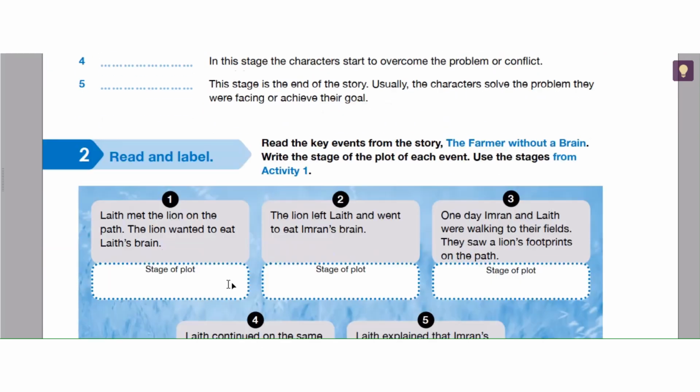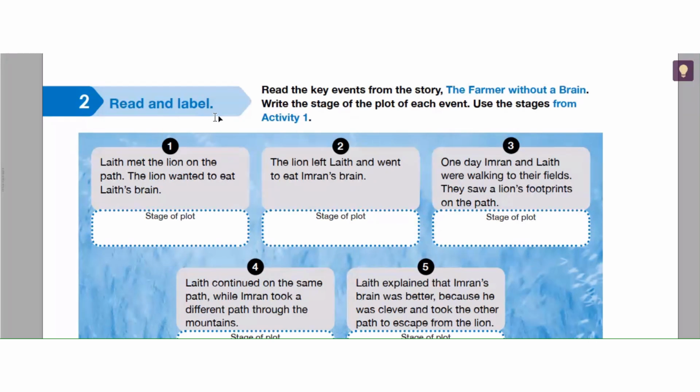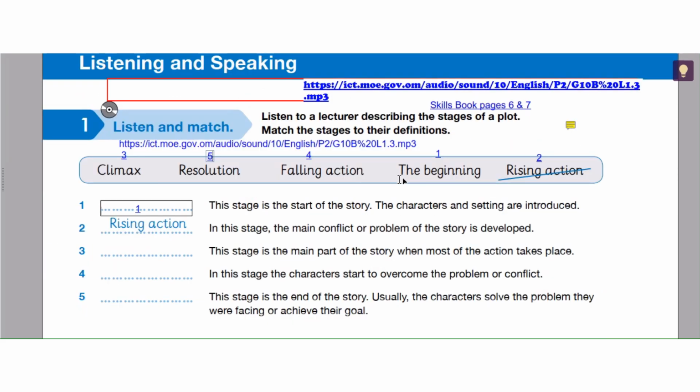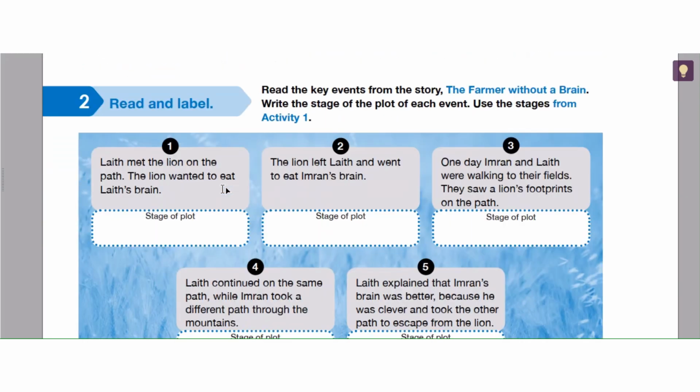We move to exercise number 2. Read and label. Read the key events from the story The Farmer Without a Brain. Write the stage of the plot of each event. Use the stages from activity 1: the beginning, rising action, climax, falling action, resolution. Okay,